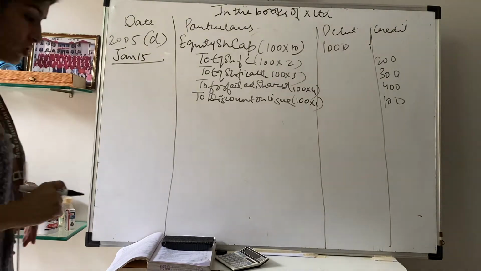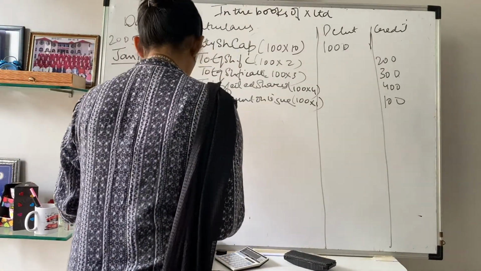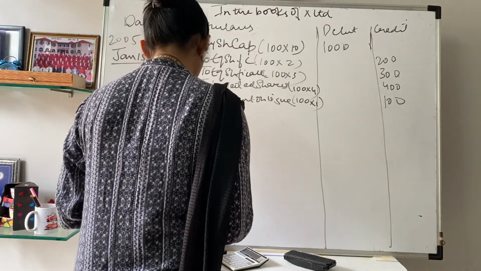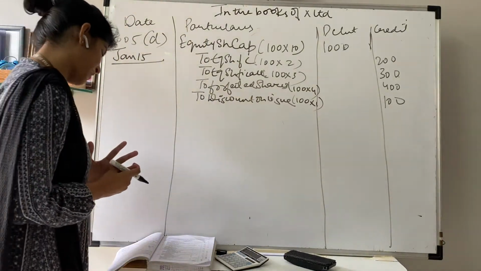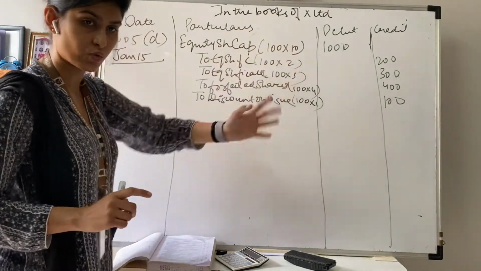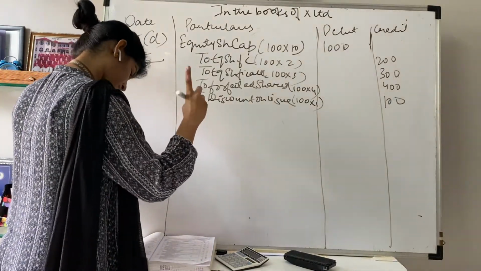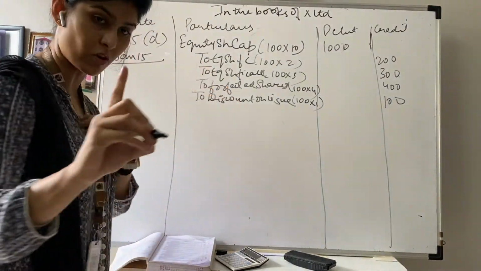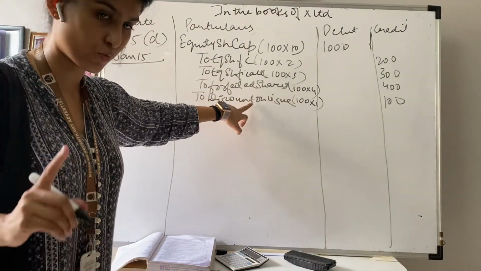Now some of the shares are reissued at rupees 8 per share, and the rest of the shares were reissued at 7. First we'll pass down the entry for 8 per share. Now shares were of rupees 10, reissued at 8. So there is a discount of 2 rupees. Sorry, discount is already there in 1 rupees. So we'll put that entry in the reissue part also.